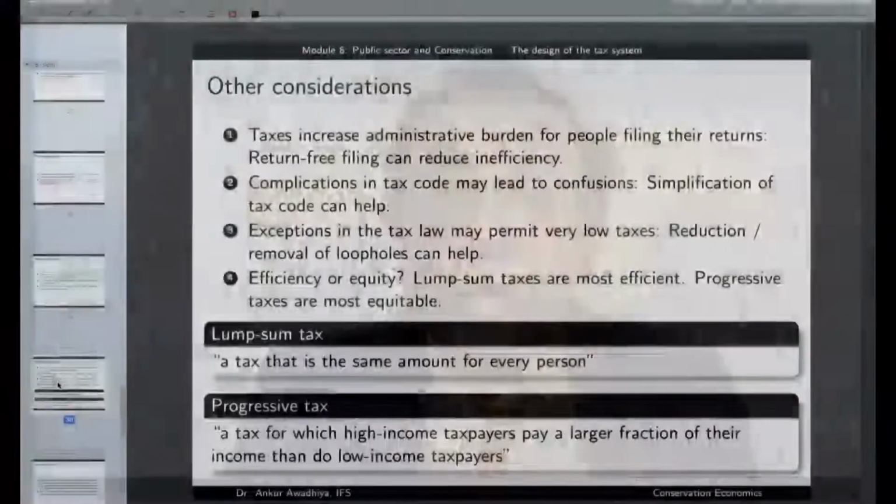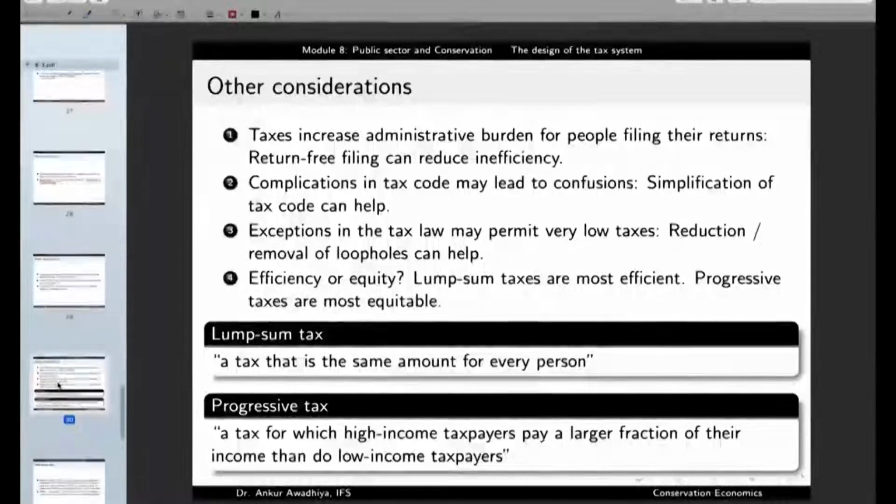So now this again becomes a consideration. The lump sum tax was good because it was reducing the drudgery of everybody. But then, in the process of reducing the drudgery of everybody, it might increase the amount of tax that needs to be paid by certain specific set of people who probably need more help from the government, because they are in a lesser position to pay the taxes. So this is a lump sum tax. A lump sum tax is most efficient.